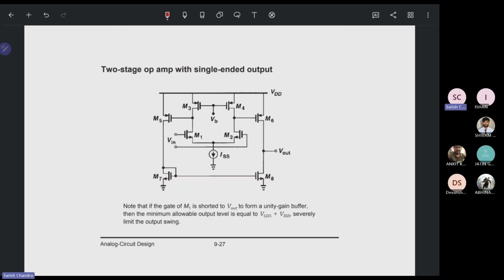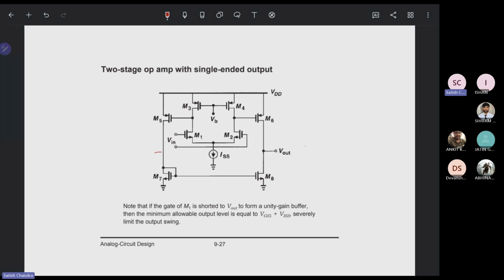So that is the case of the cascading. Now, a two-stage op-amp with a single-ended output is going to be single-ended. We are not taking the output here, we are taking only here. Although it is a two-stage, the first stage comes from here and the second is from the outer one. Note that if the gate of M1 is shorted to the output